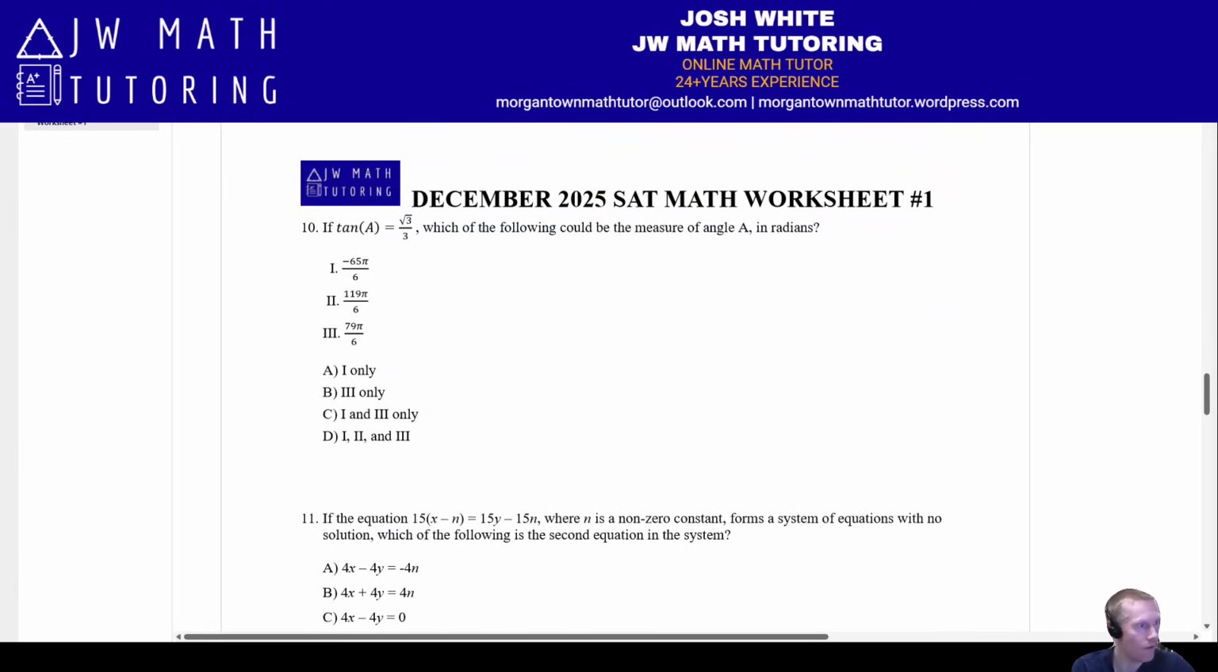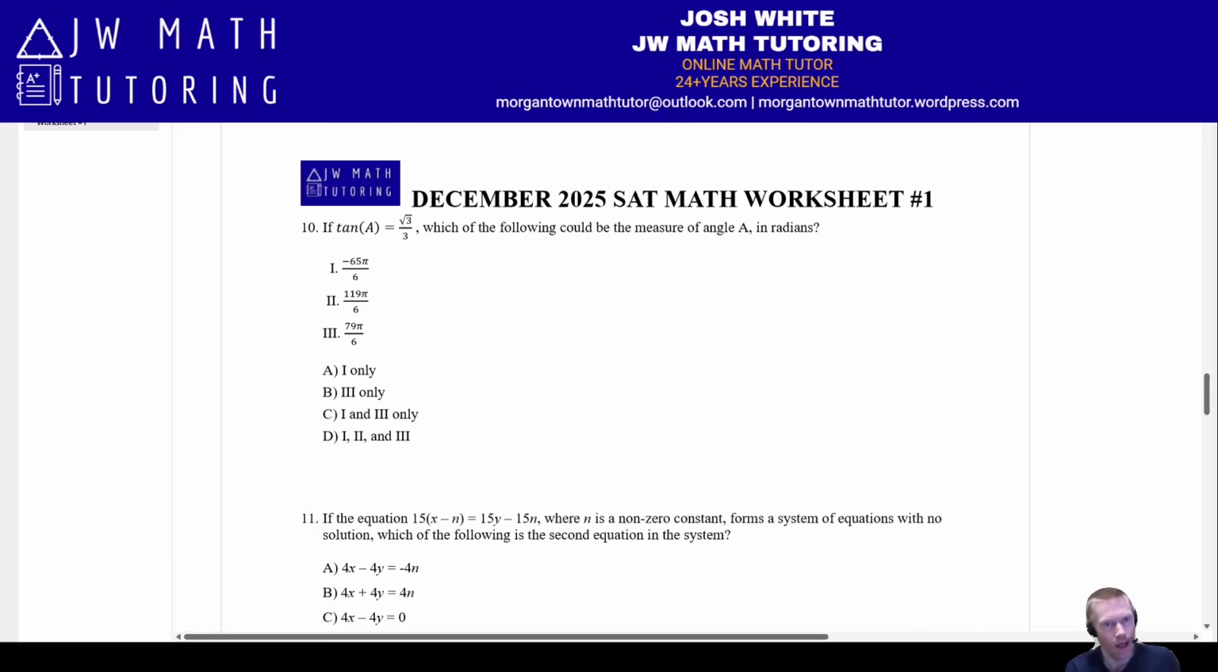All right, top of the next page. Let's look at question number 10 here. This is a unit circle question. I think there was one that was very, very similar to this a while ago, sometime last year, 2024. But I wanted to bring this up just to highlight it again and talk about a couple quick and easy